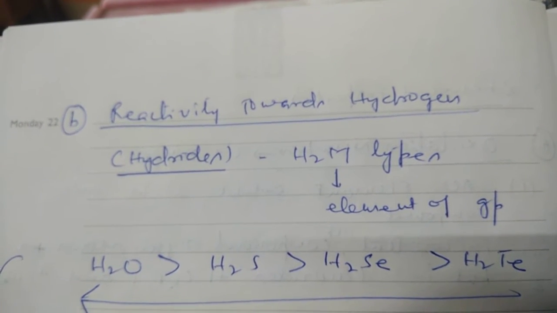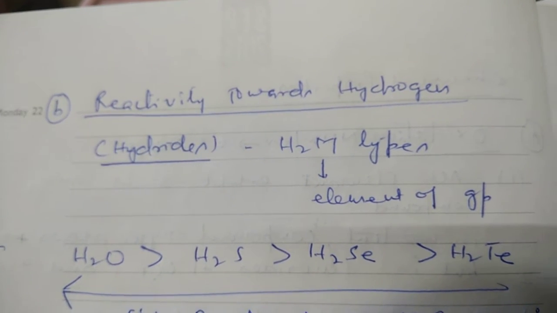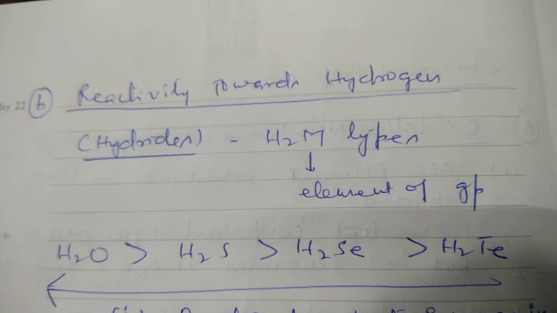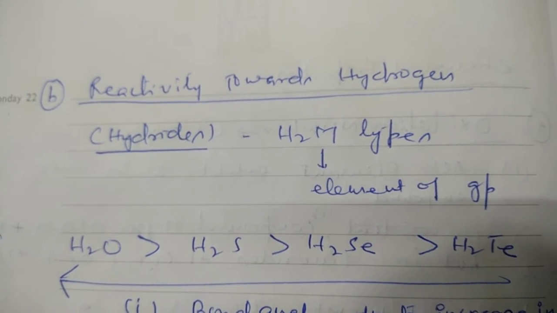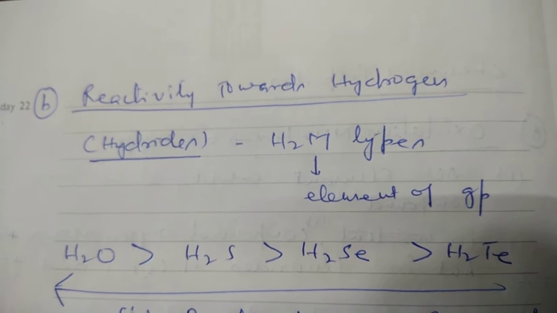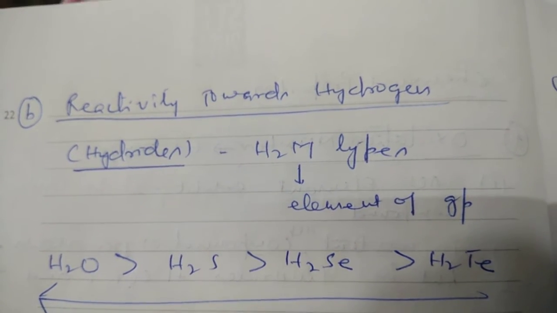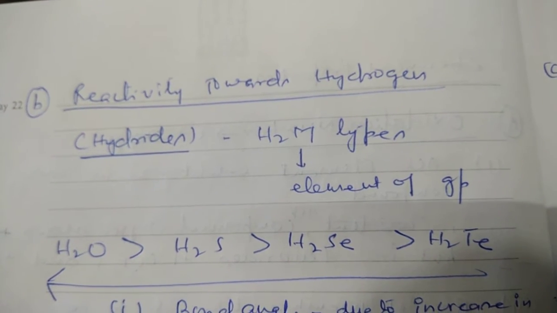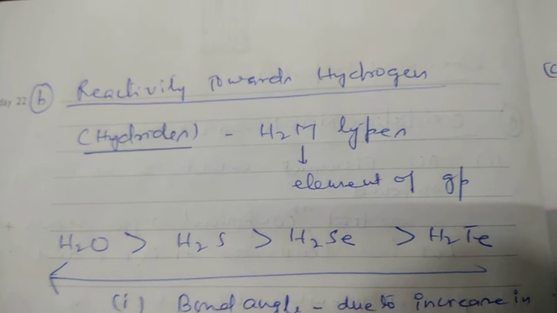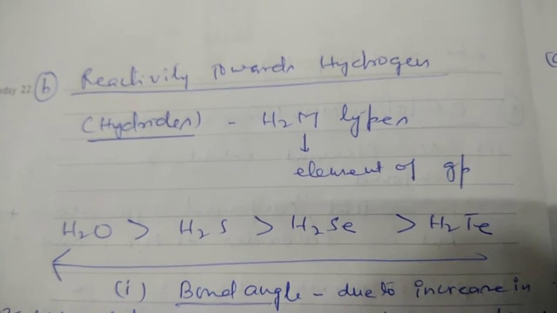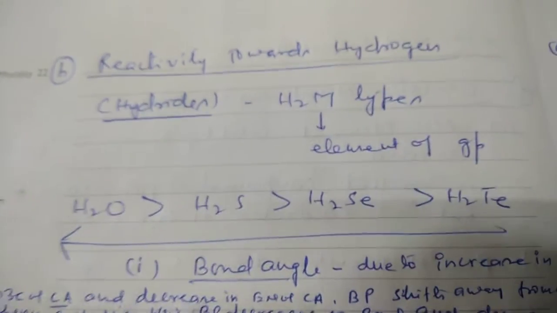Properties of hydrides. A hydride means a compound formed by the reaction of elements of a group with hydrogen. Chemical properties of hydrides are very important, and reasoning questions based on these properties are generally asked from the properties of hydrides. So it is very important, prepare these properties very sincerely, class.